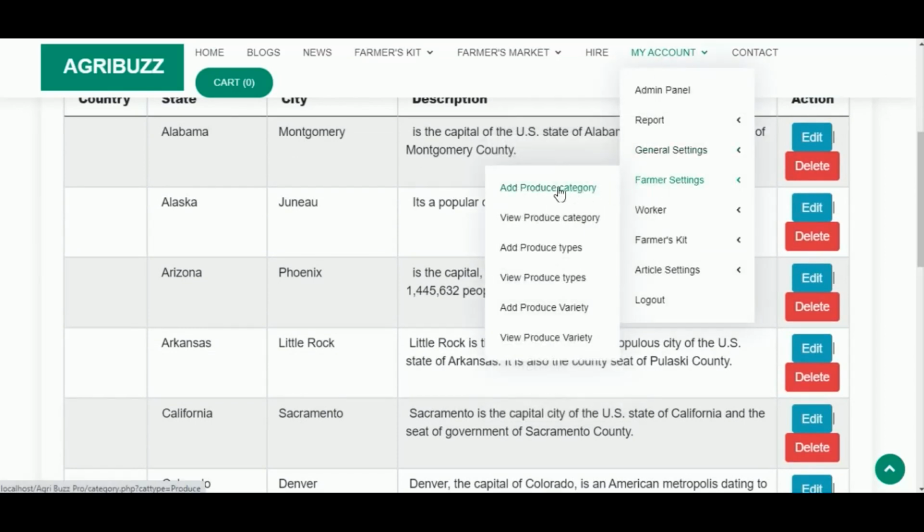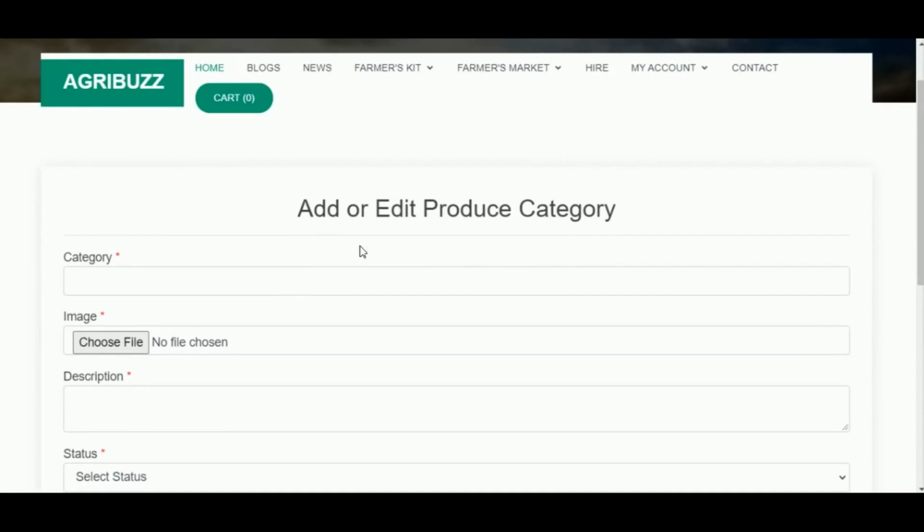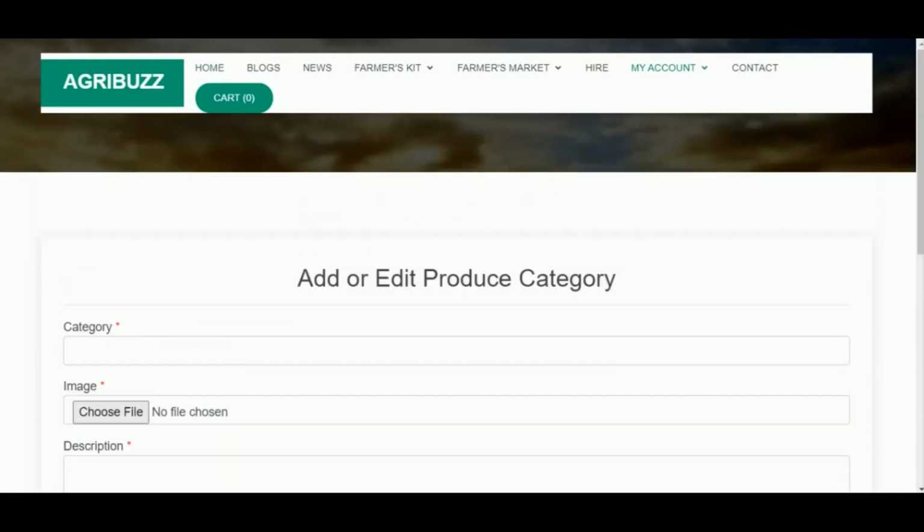Under Farmer Settings, admin can add the produce category, which can be fruits, spices, etc. That is by mentioning the category name, image and description.